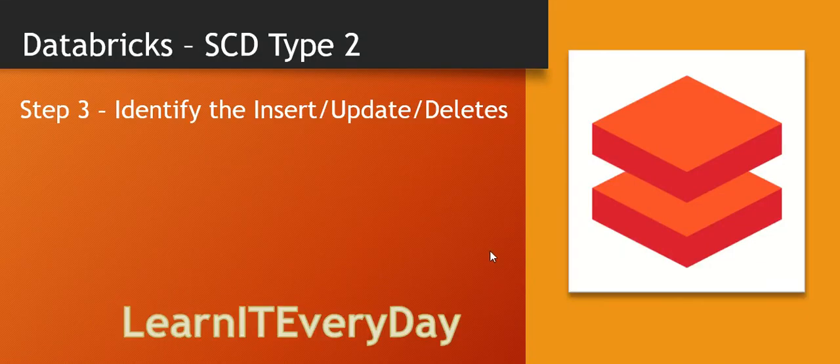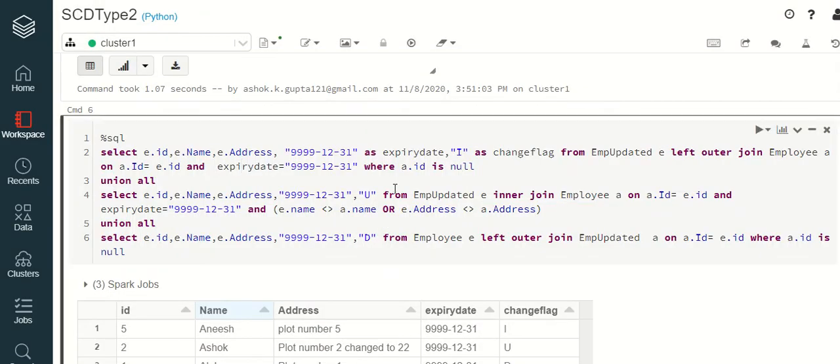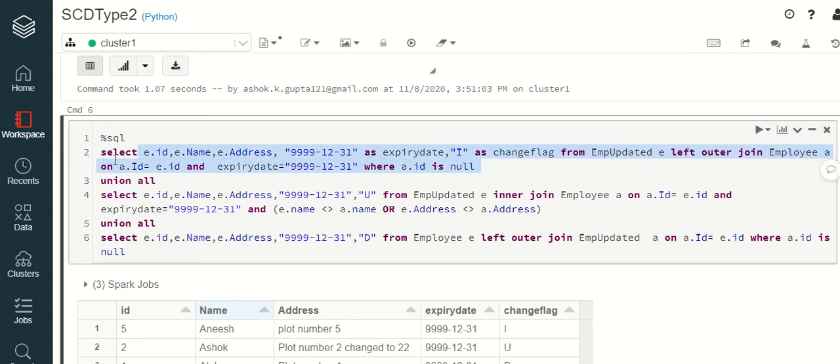So now our task is to identify which of the records are insert, update or delete. What we are going to do to identify that is a simple operation. If you are aware of SQL joins, it is very easy to find out using left outer joins or inner joins. The first operation is to identify if we have got any new record. So we are comparing what we already have and what we have got new using left outer join and